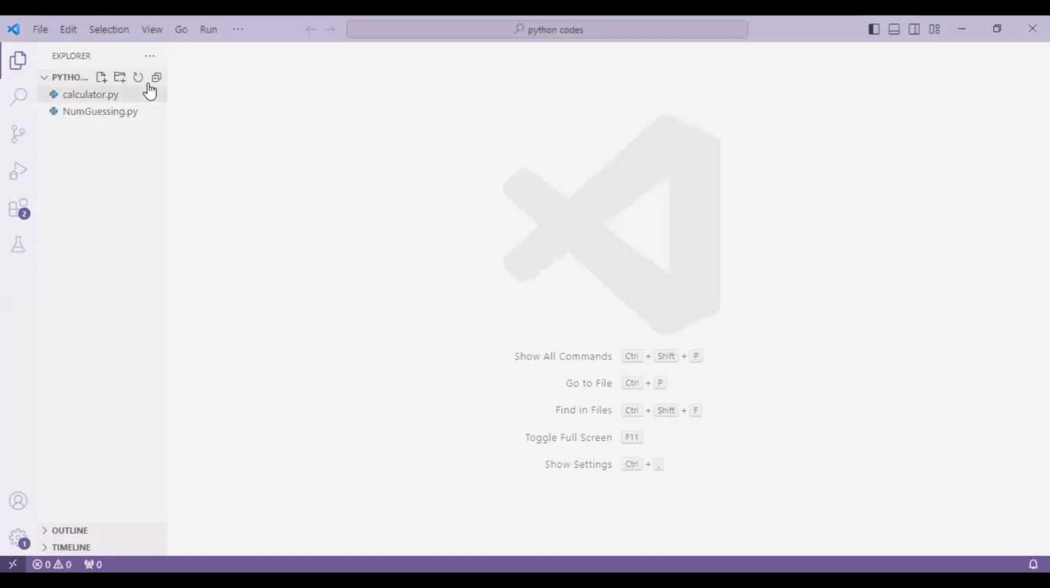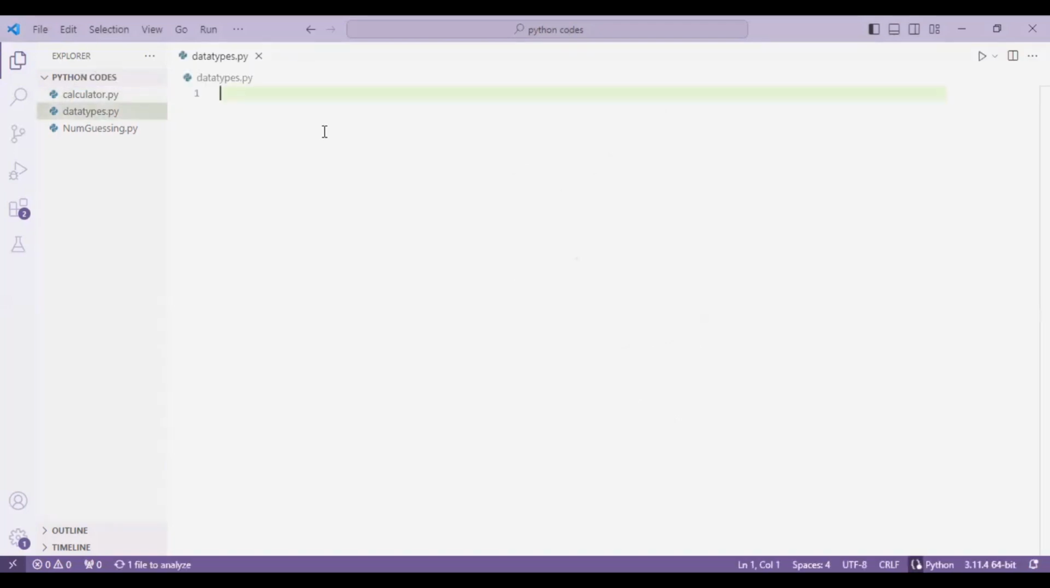All right. So what we are going to do is first create a file here, and let's say I'm going to name it data types.py. Here we have created a file now. And now we're going to write the code in this. So first of all, the very first tip or instruction you can say is that we can,